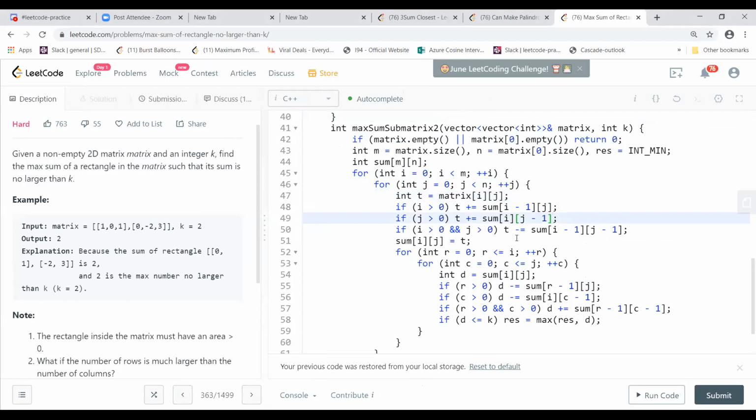Then I subtract the one from the opposite side, and I get this value and add it to the sum, which is my output. That is what I'm storing in some other place. So till here it is correct, you do a prefix sum for the row and column.